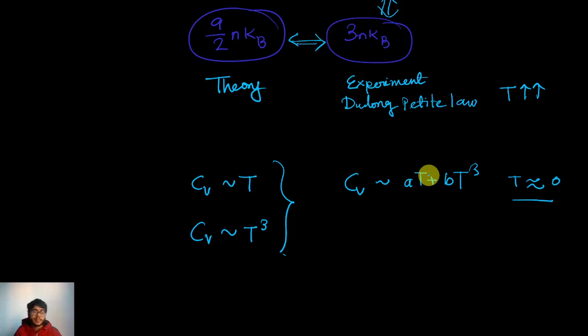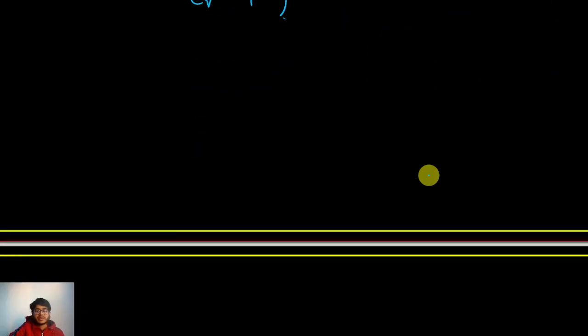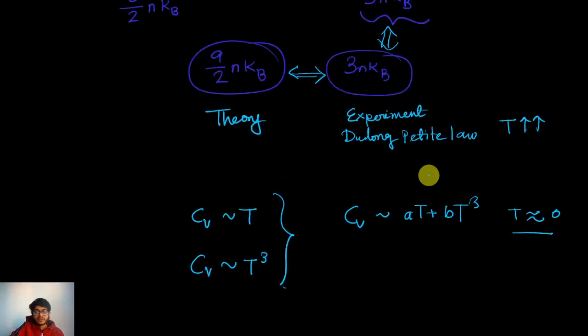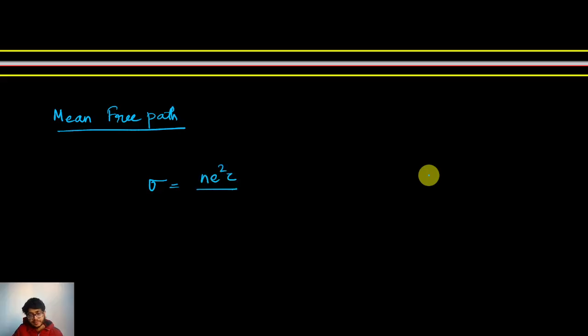And also, if we think about what Drude's model is, that was one of the failures, and the second failure is about the mean velocity. Mean free path can also be talked about. So for example, sigma is ne squared tau by m, right? Here you can see that e and m are known, but n and tau are the only parameters of the system.